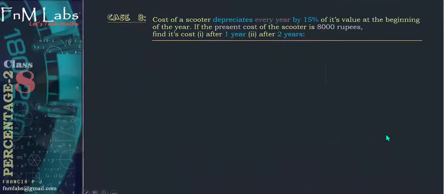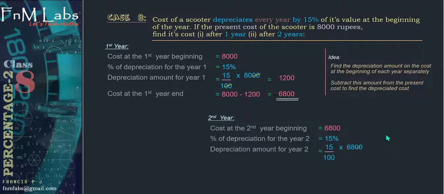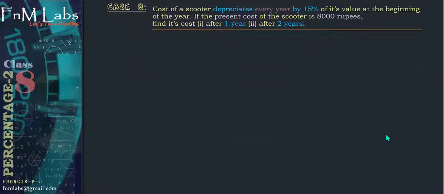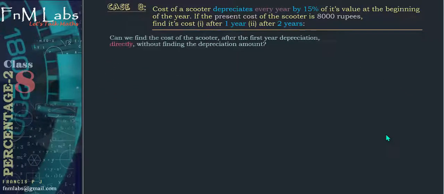In this example, in order to calculate the cost of the scooter after depreciation, we first calculated the depreciation amount and then subtracted it from the cost of the scooter. Now the question is, can we find the cost of the scooter after depreciation directly without finding the depreciation amount in between? Now going through the calculation once again, at the end of the year, the cost of the scooter